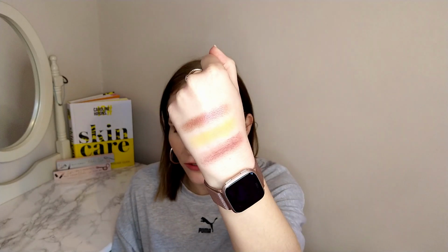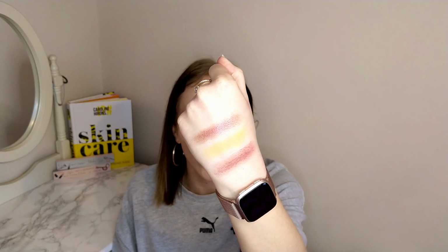This one actually goes really well with the Revolution one, with the colour. So if I wanted to do a bit more of a darker colour, I could put that one underneath and then that one. I would definitely say it's not shimmery, but it's got a bit of a shift to it. Really happy with that one. And like I said, I'm going to set myself a usage goal of 20 on that one. So that was the first one we pulled. The next one we got was